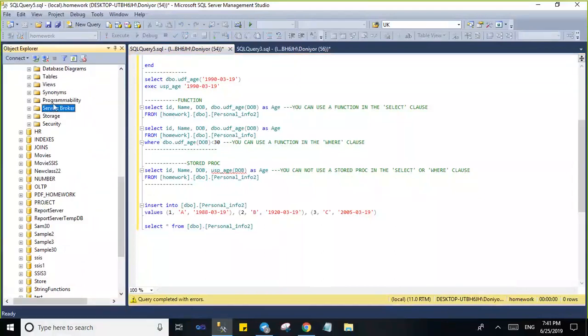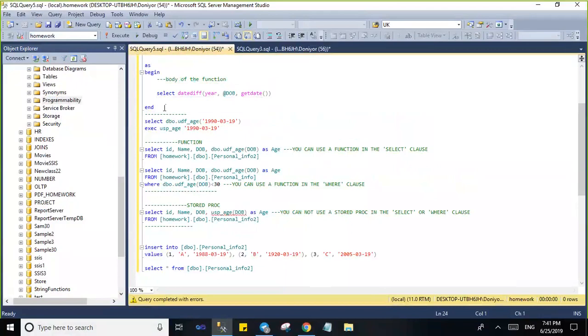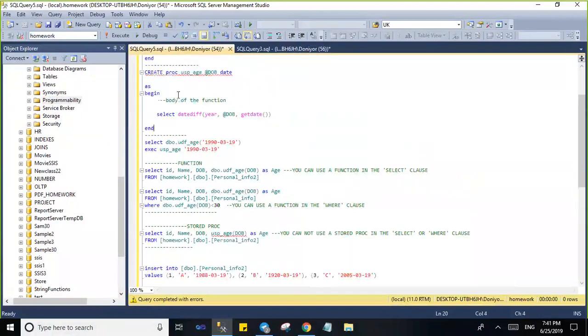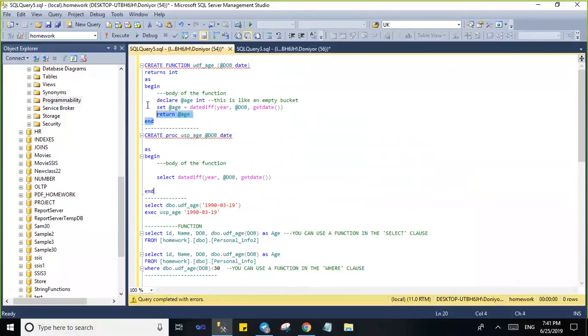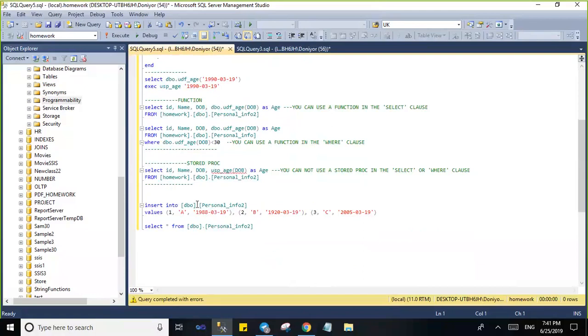First, let's try altering the function. Let's say instead of create function, I'll put on create function, and